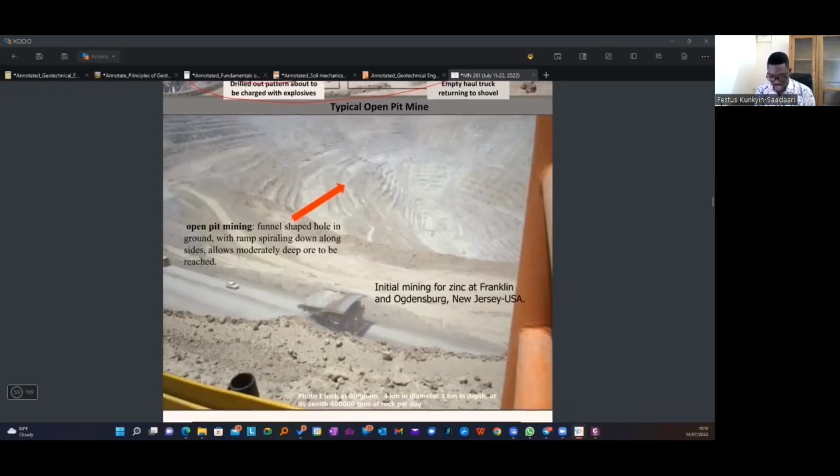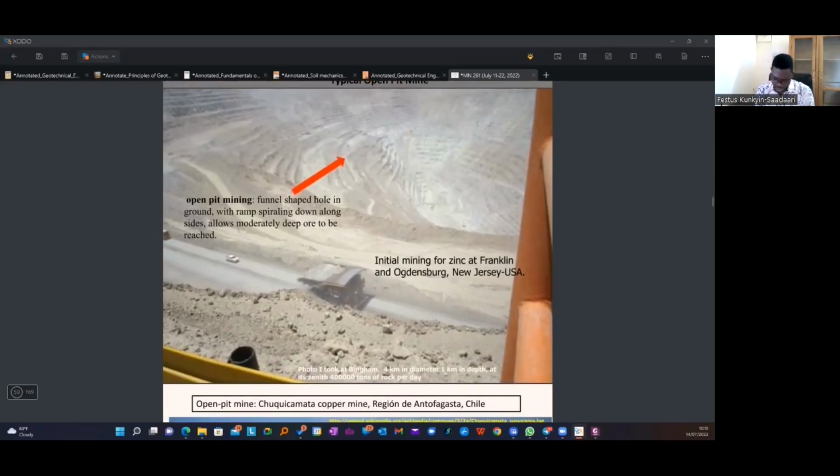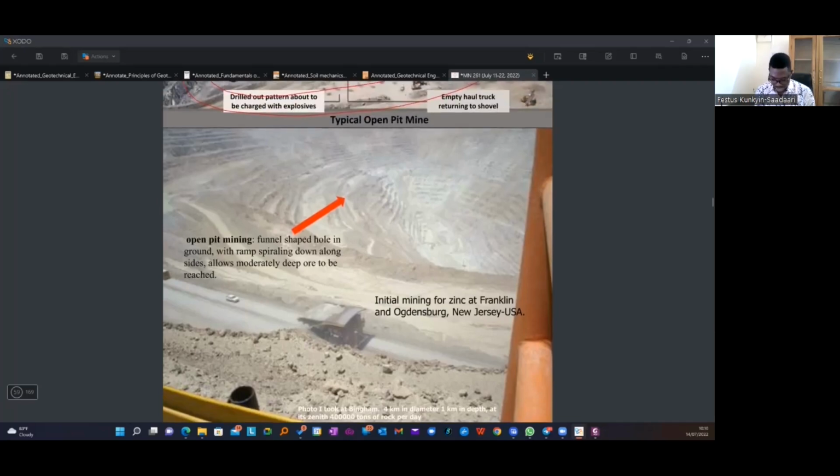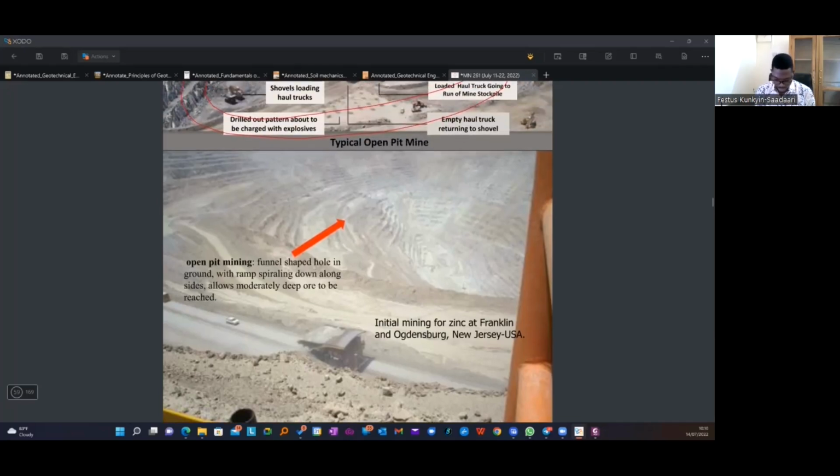So this is also another example of a pit in New Jersey, USA, where the open pit mine has had some kind of failure. They are showing you the slope. If you look at how dusty this mine is, it tells you that the likelihood of failure is high because the rock will not be strong. And so if you are taking the decision to put in a haul road in this particular pit, you have to